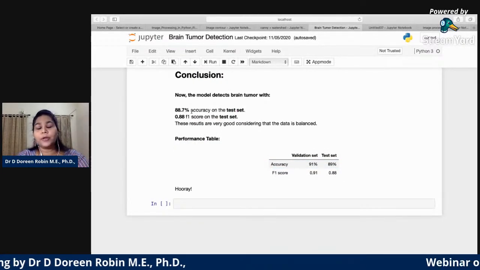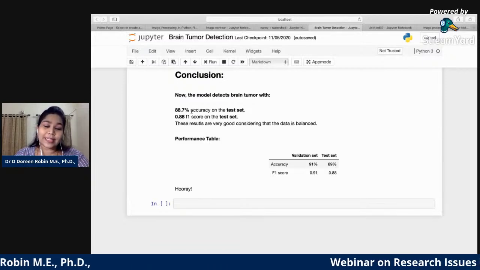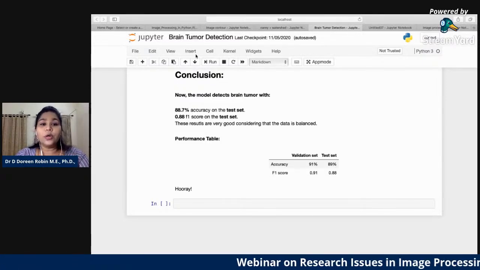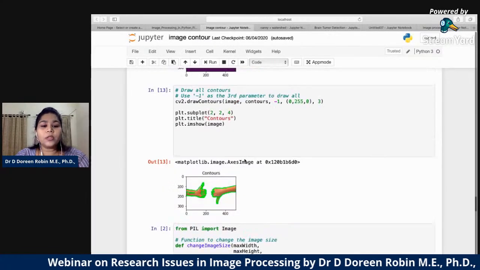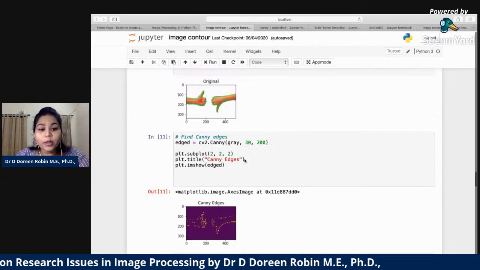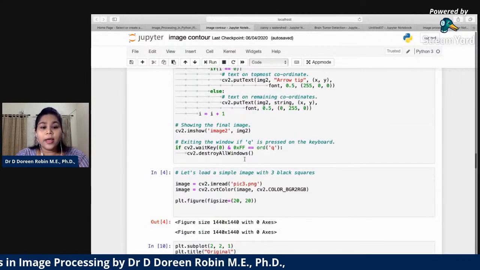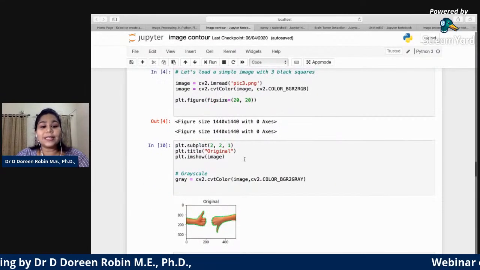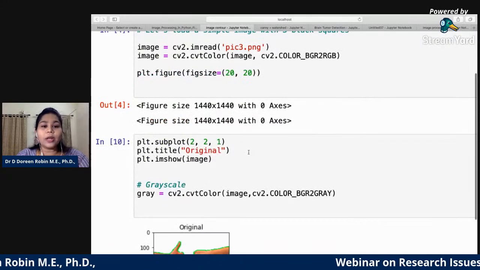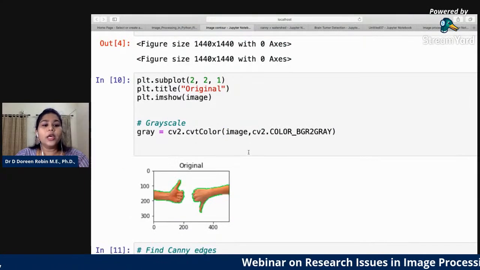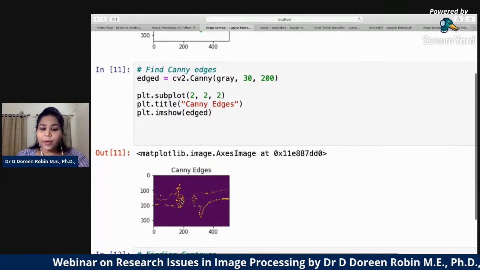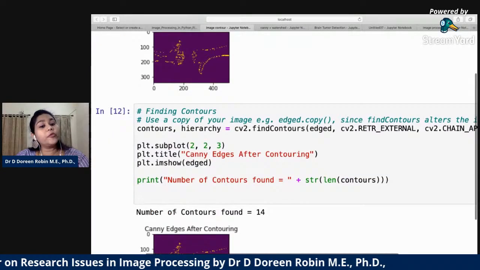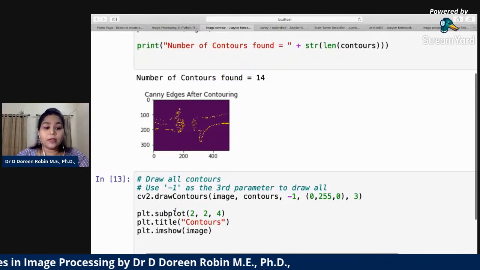There's a video on my YouTube channel on how to split your training set and testing set, and how you evaluate it. This is one method of finding a contour, and there's a predominant algorithm called Canny, C-A-N-N-Y. If I use the Canny algorithm, it takes the gray images and gets my contours. So there are different algorithms for finding the contours.